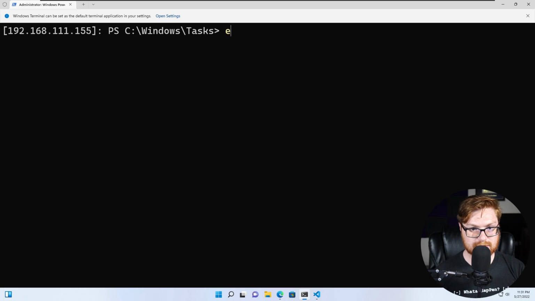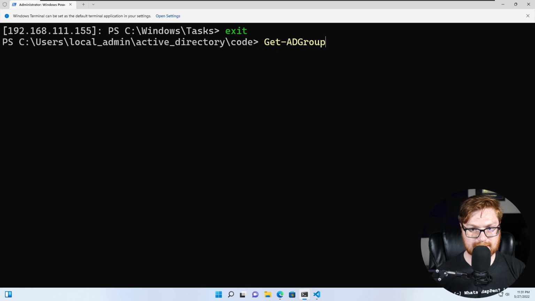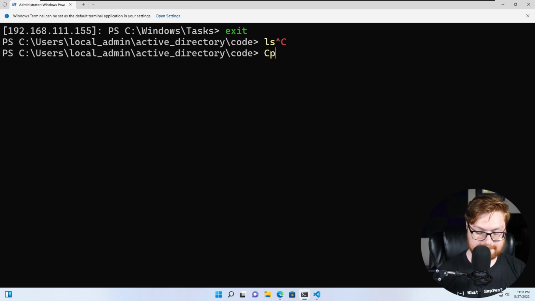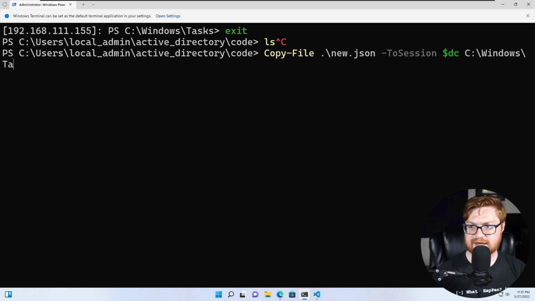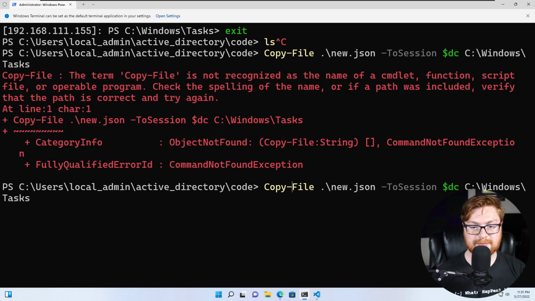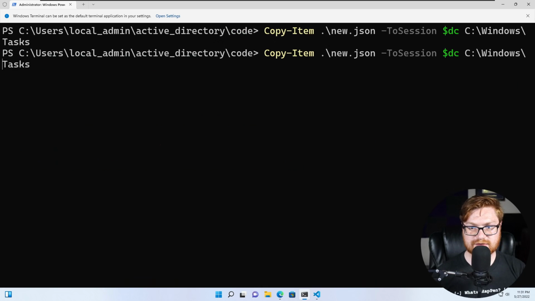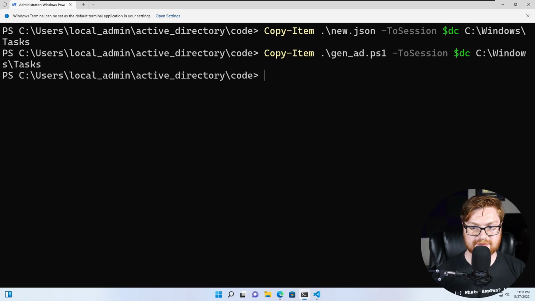So now let's bounce out of here and let's copy over our new.json to session DC, C Windows tasks. I think, will that work? Oh, copy item, sorry. And that works. And now let's replace the gen AD script because we have just made that better. Now when I enter that session again,